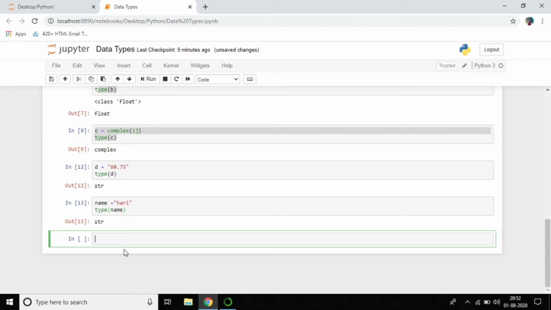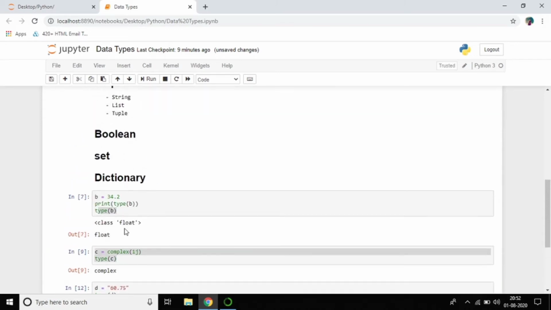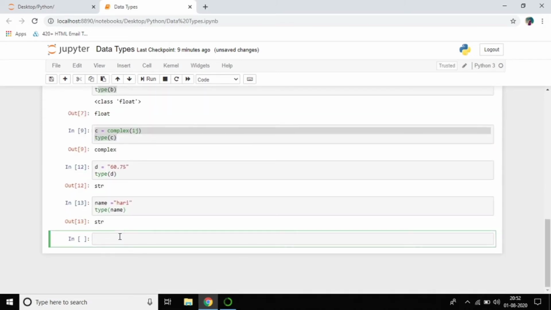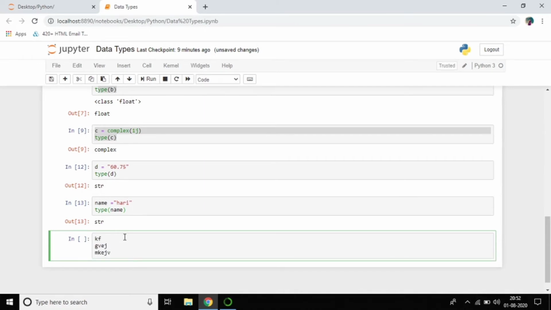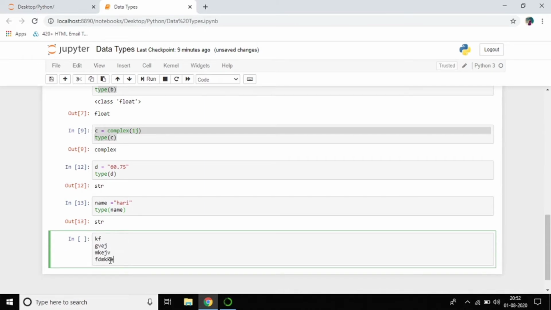Now we'll go to the next one, that is list. What is meant by list? Generally we write a list of items, whatever you want, like this. Python doesn't know about this, it takes this as different, this as different, this as different.